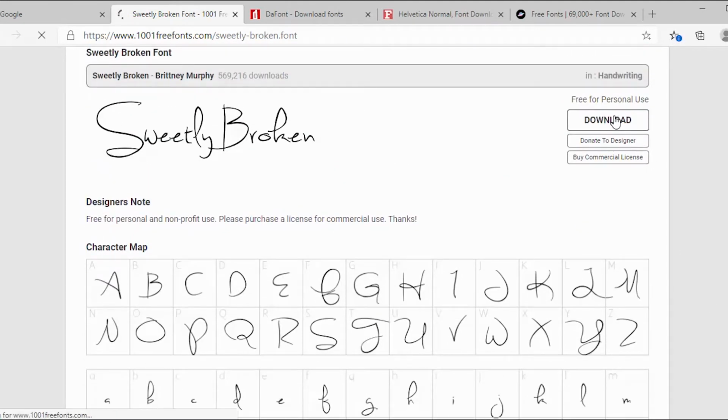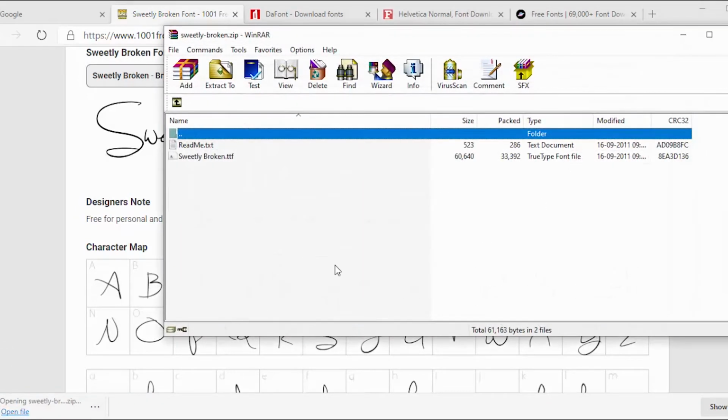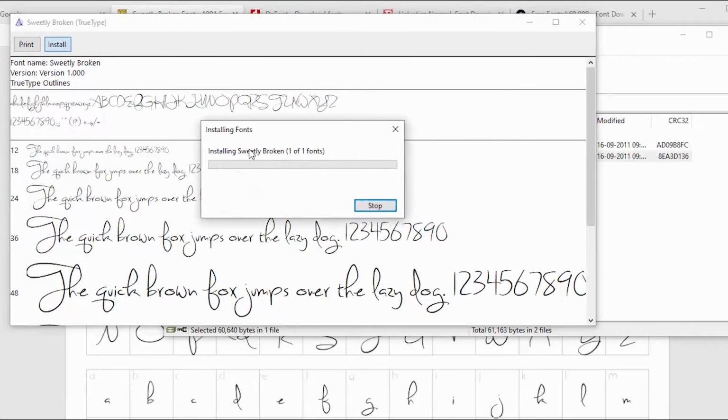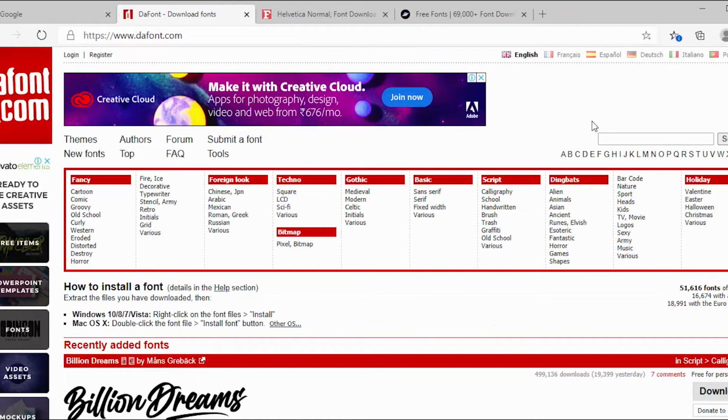Let us download this font. Unzip it and install the font. And let's move on to the next site.